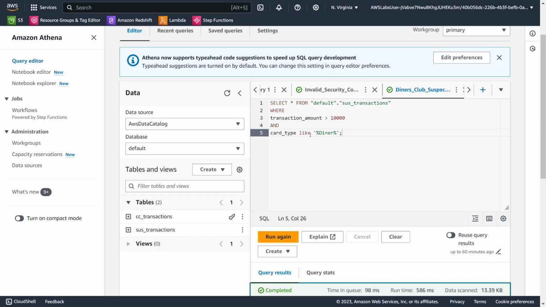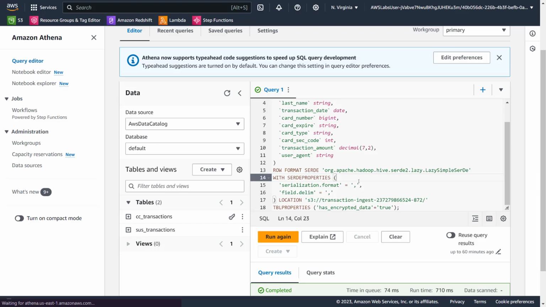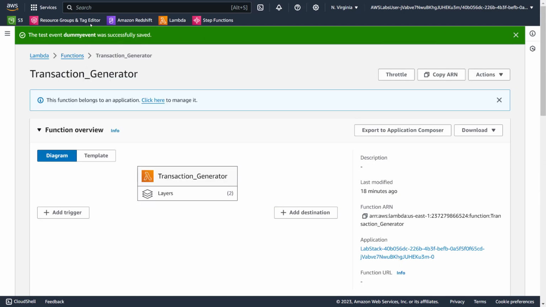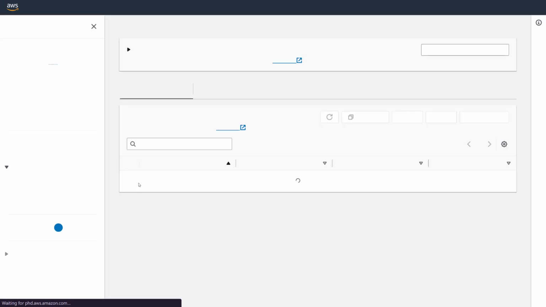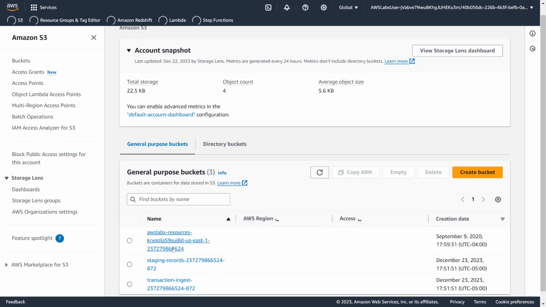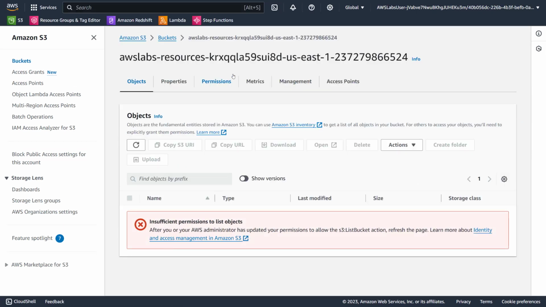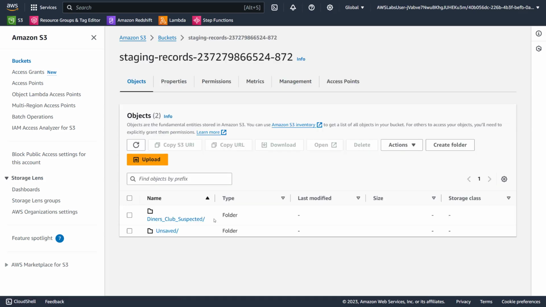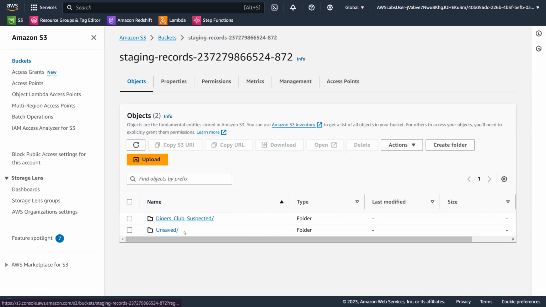Okay, that being said, let me go back here. We can close all these, close the query, close the query. Now let me go to S3, and if I go to staging, okay, only one is saved, the other one is not saved.